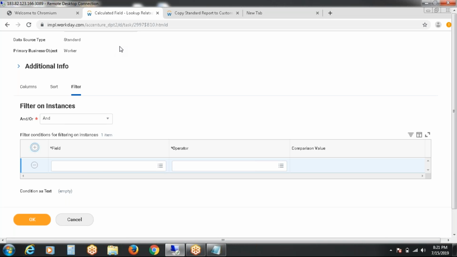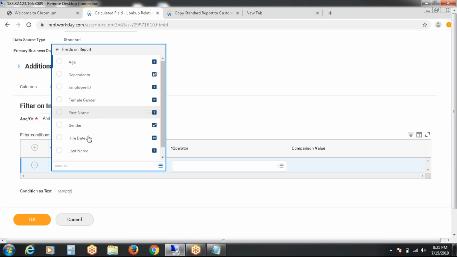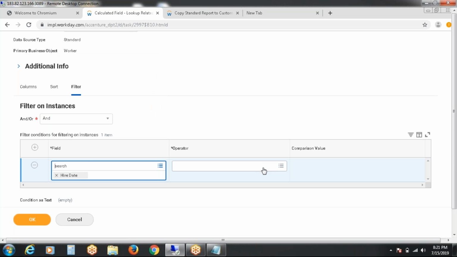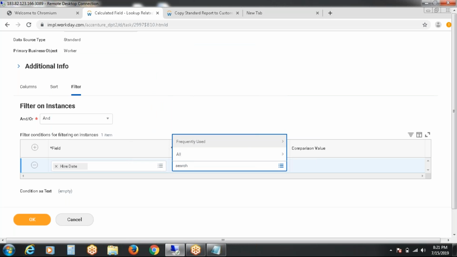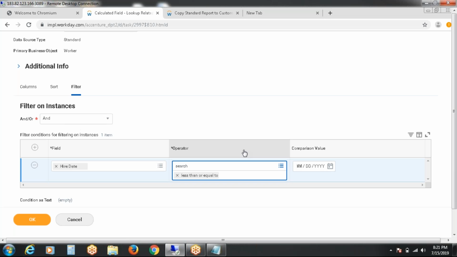If I select only active workers, at that time I can see active employees. Even though, I would like to filter the option with hire date, who joined on or before 2015. So on or before 2015 is nothing but Workday actual employees data.